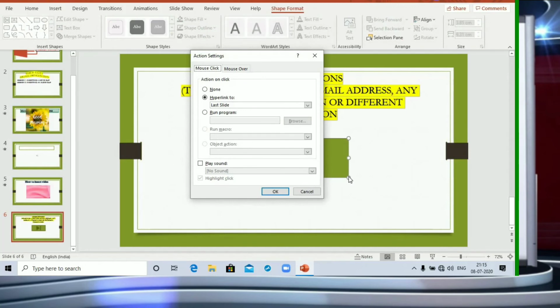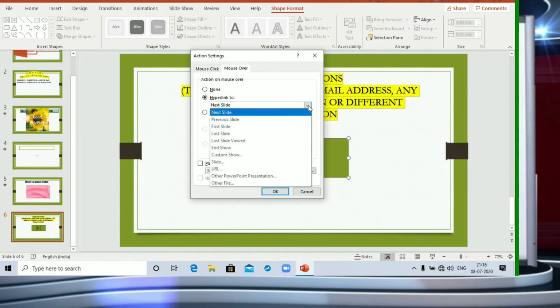Now the dialog box will appear, called Action Settings. Do you want the action to take place on mouse click or mouse over? Whatever you want, supposing mouse over. You want to hyperlink to what? To another slide, whichever slide you want. I'm going to go maybe to the first slide.